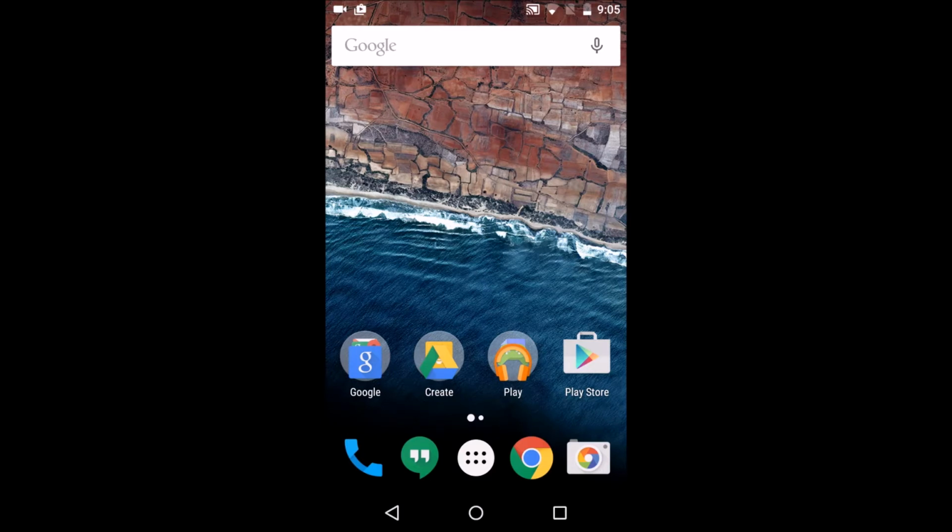This is a hands-on review on Google's latest Android M, which was announced yesterday at Google I/O 2015. This is a developer preview image, so keep in mind that this is not the end product of Android M. It still has some bugs. It's definitely not a daily driver for your phone, but if you are really interested in it, you can actually